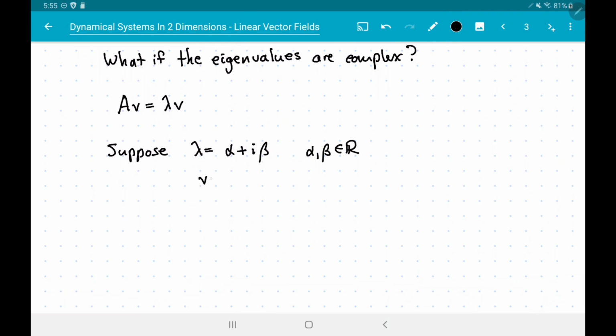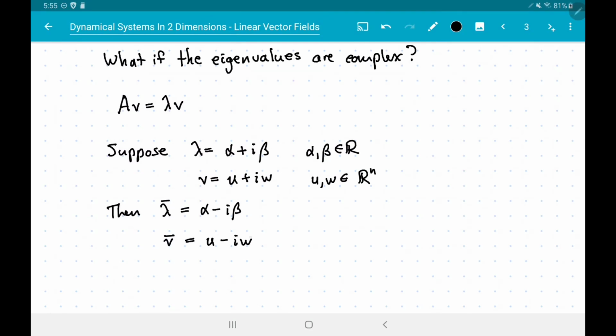We can also break up v into u plus iw, so u and w are real valued vectors. Then it turns out that the conjugate of lambda, alpha minus i beta, and the conjugate of v, so u minus iw,